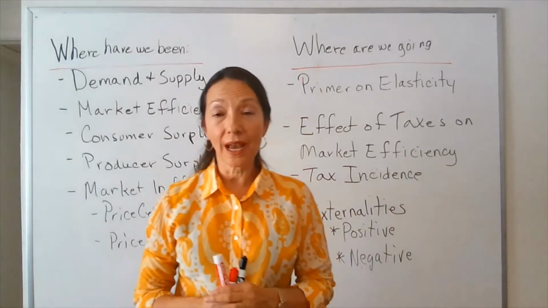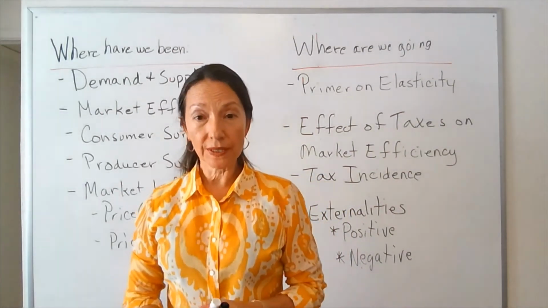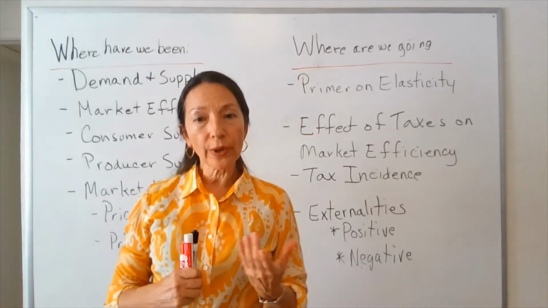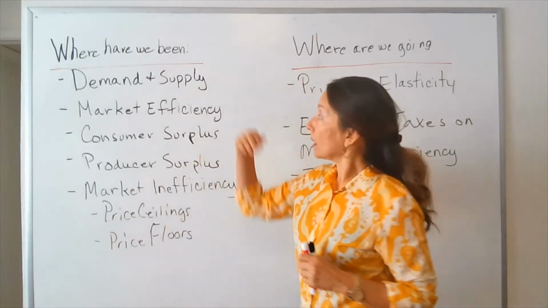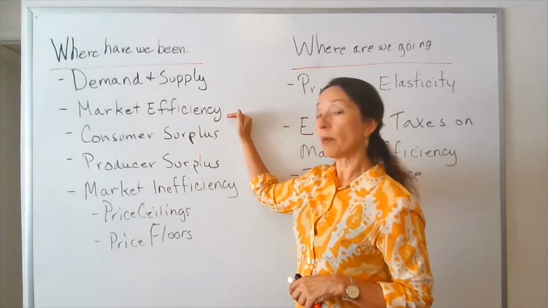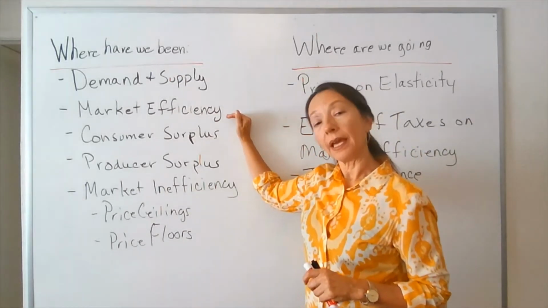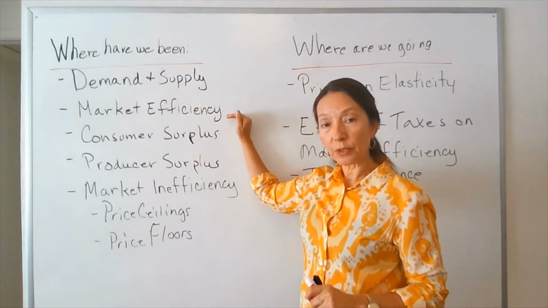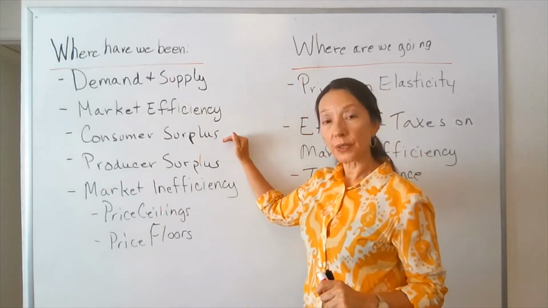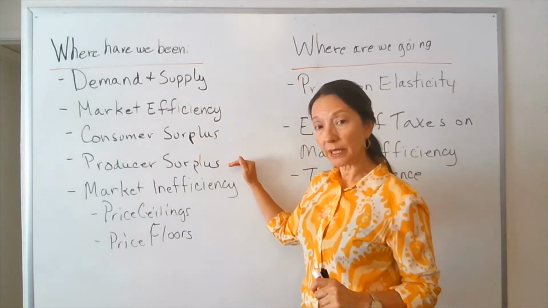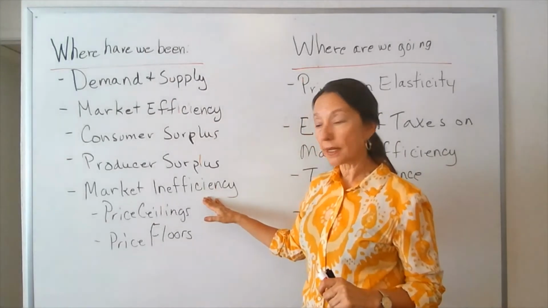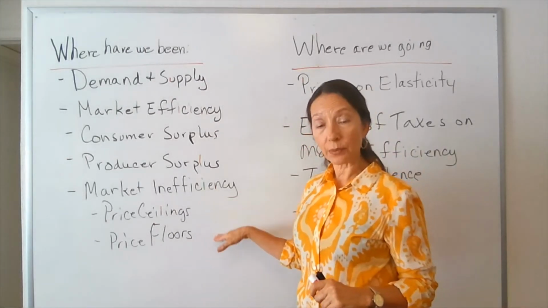Okay, so now we're going to move on in our discussion about market demand and supply. So where have we been? We have talked about the demand and the supply curve. We've talked about market efficiency, and market efficiency occurs where marginal benefit equals marginal cost. We've talked about consumer surplus and producer surplus, and we've touched on market inefficiencies created by price ceilings and price